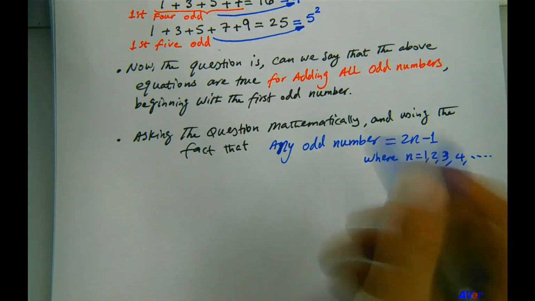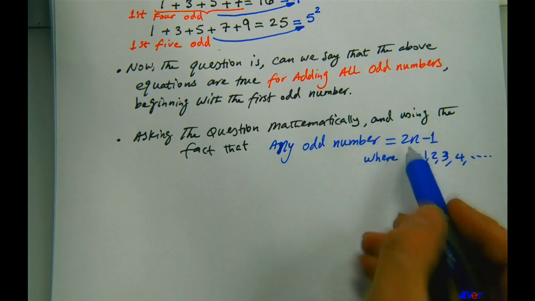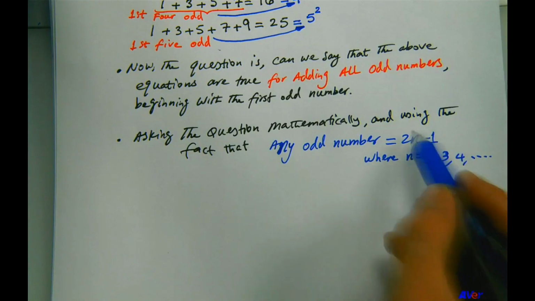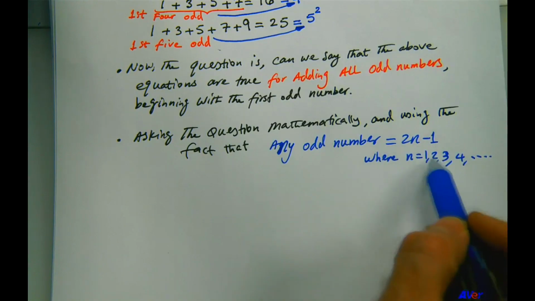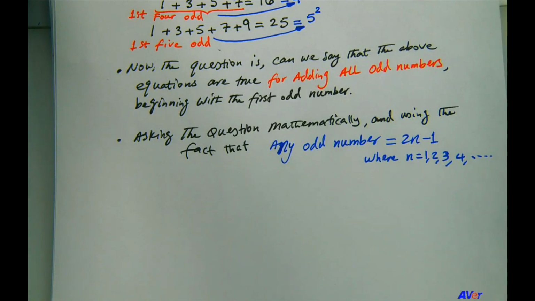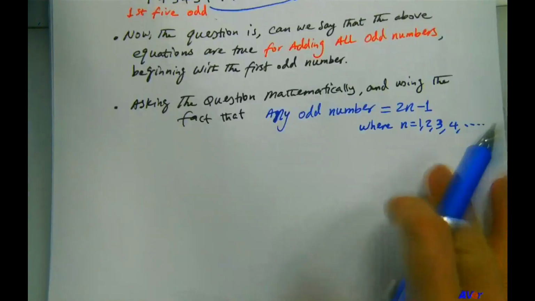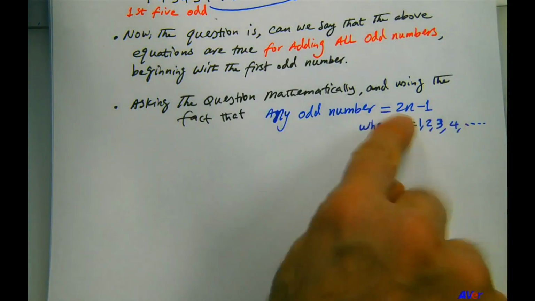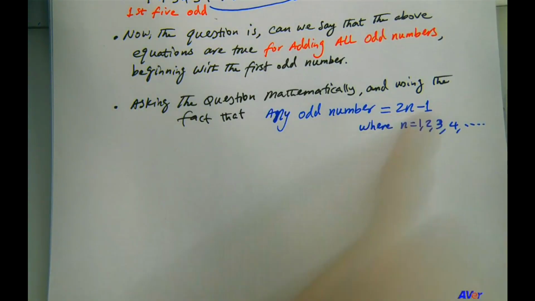So any odd number can be found with this simple equation. Just substitute n with 1 and you get 1. Substitute n with 2 and you get 3, and so on. So knowing that, given that any odd number can be represented with that simple expression, 2n minus 1, then